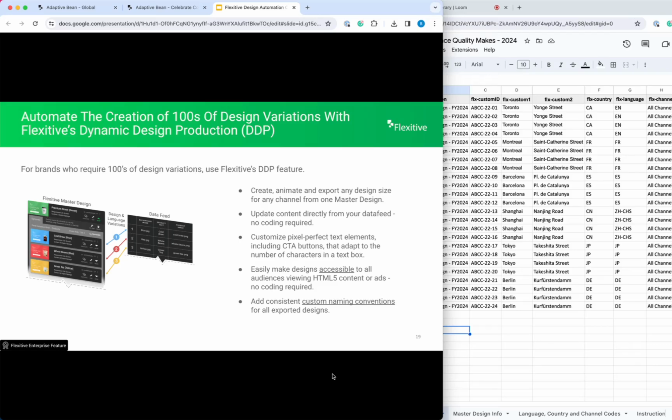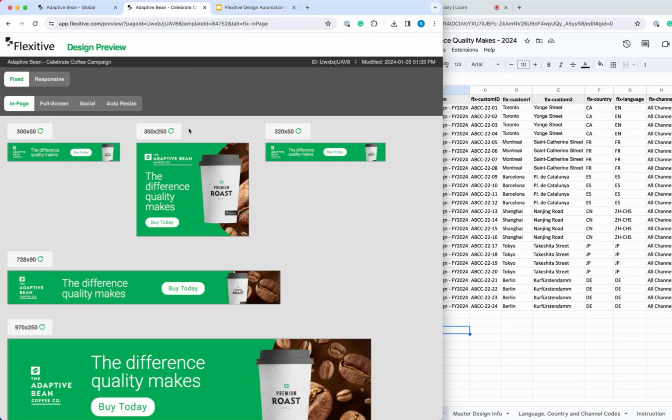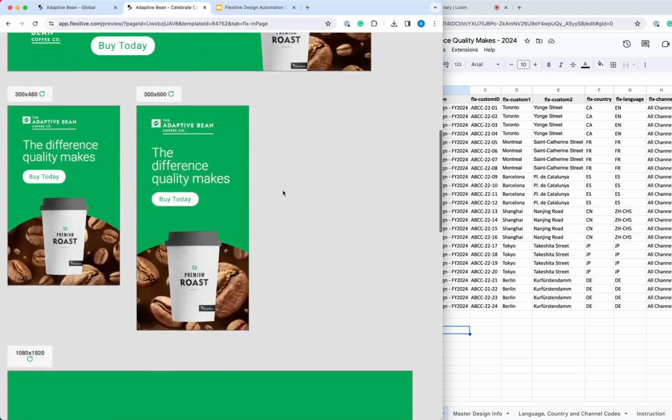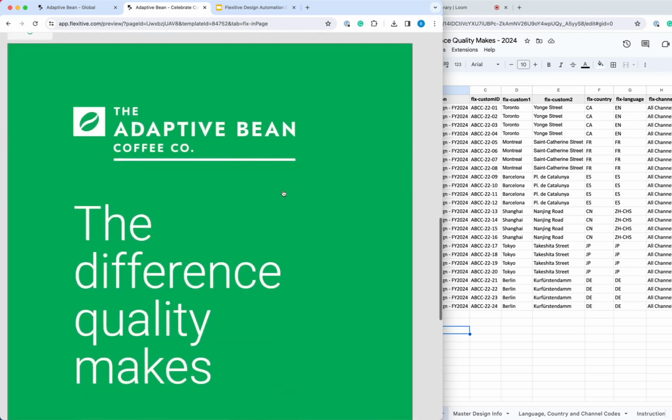In this video, I'm going to be taking you through how to automate the creation of hundreds of design variations using Flexitive's dynamic design production feature. The first thing that we're looking at on the screen here is our master design template that we've created in Flexitive. So this has a whole lot of different fixed sizes activated, as well as some social sizes and some